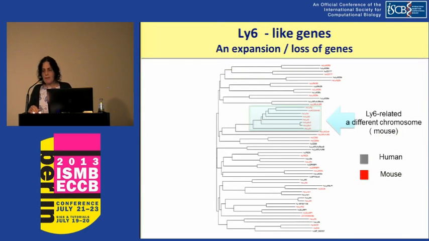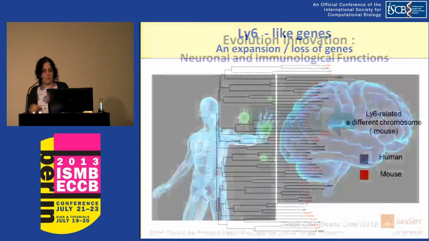So you can see the human and mouse together. You can see that there is a very nice match of human and mouse, but an addition of expansion in the mouse. This is the mark of the addition, blue, red genes that are mouse related. So it's a very, very extended family, as I showed you before in the Cnidaria.